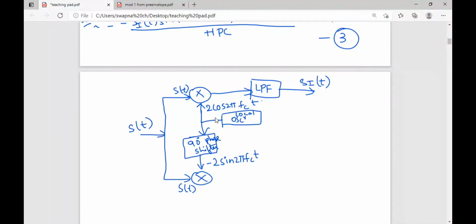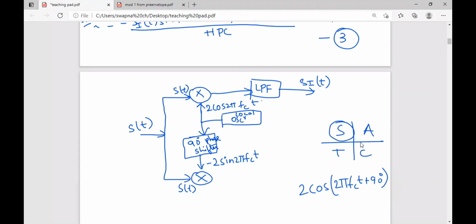Okay, 90 degrees phase shifter, what will it do? It will phase shift the angle by plus 90 degrees. So 2 pi fct plus 90 degrees. You already know the all silver teacups rule. So 90 plus theta will be in the second quadrant, where only sine will be positive and the others will be negative. So minus 2 sine, others like tan, everything will be negative except sine and cosec. So this is how it will be generated.